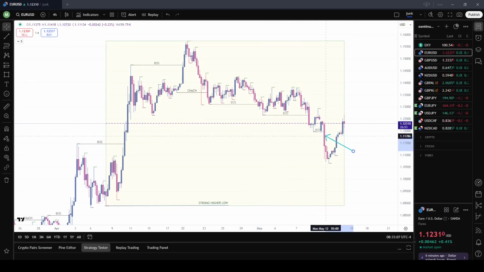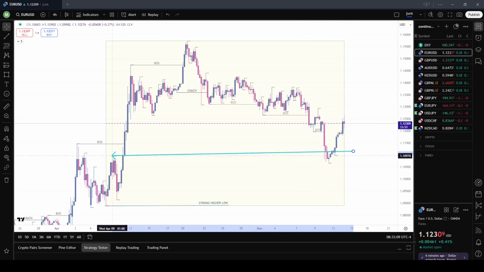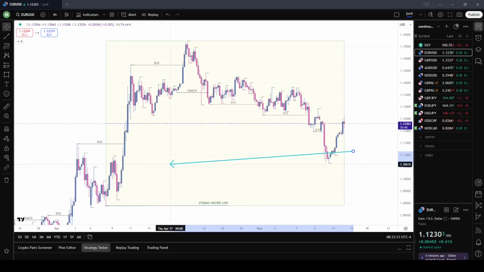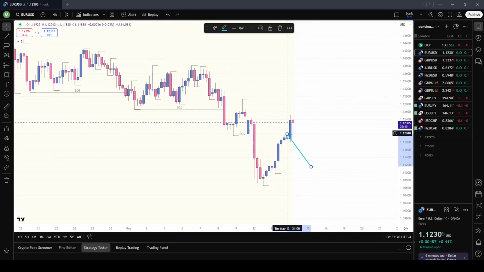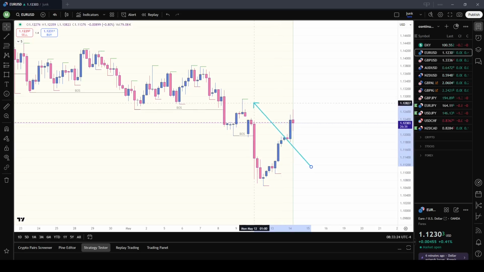Obviously, prices have retraced back into discount and have reacted to this area of demand. This demand, on this sell before the buy, is somewhat of a strong reaction. So I am going to start looking for any type of buying opportunity if it presents itself. It does look like a V-shaped recovery, but it hasn't started taking out any of these highs. So if it does start to take out some of these highs,